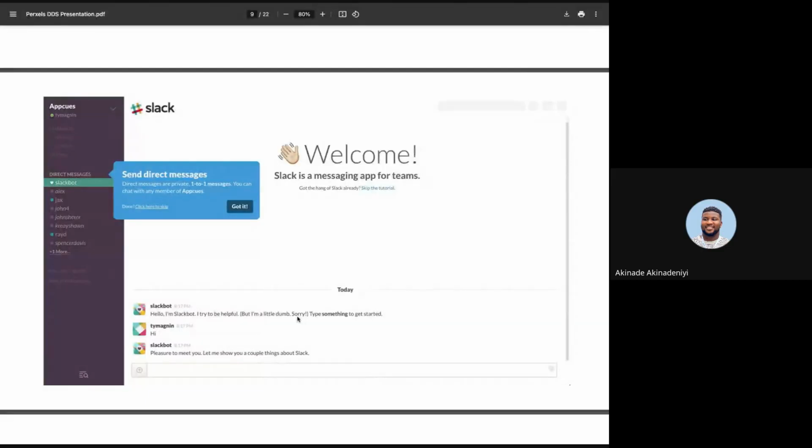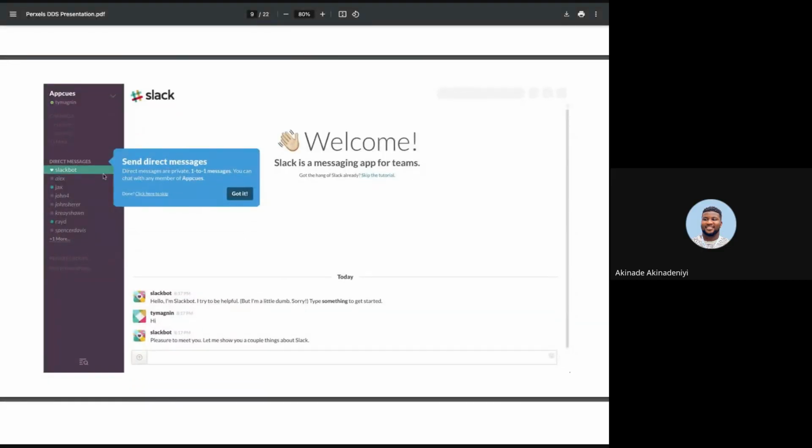Okay, thank you. So this is what I was talking about. They have this chatbot that guides you through your onboarding process, so it doesn't feel overwhelming. Because a lot of people complain that understanding Slack took them a while. In fact, the first time I downloaded Slack, I didn't even understand what was going on. But they've improved and redesigned their product, and they have this chatbot that tells you where you can send messages to your teammates, where you can find people, and shows you around.